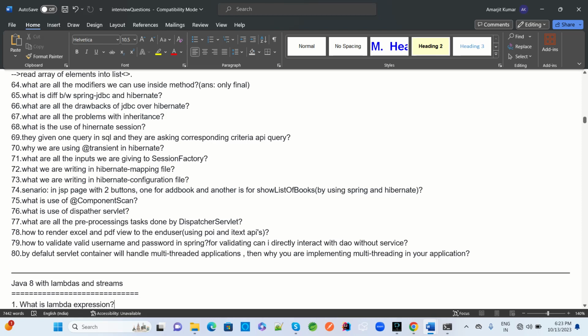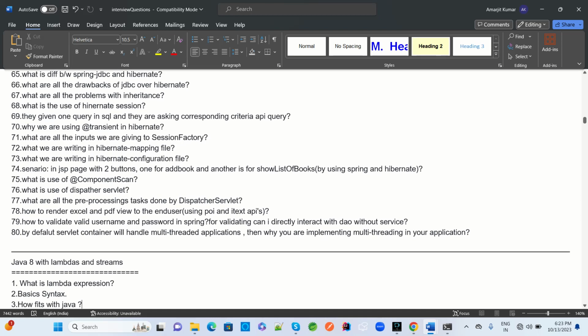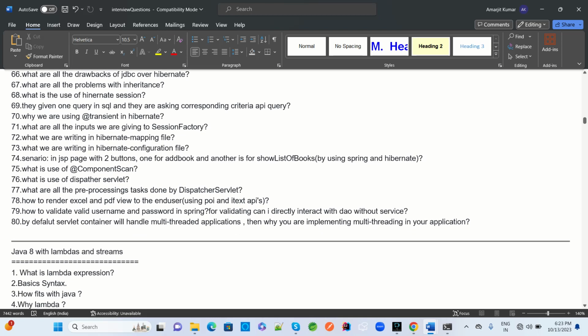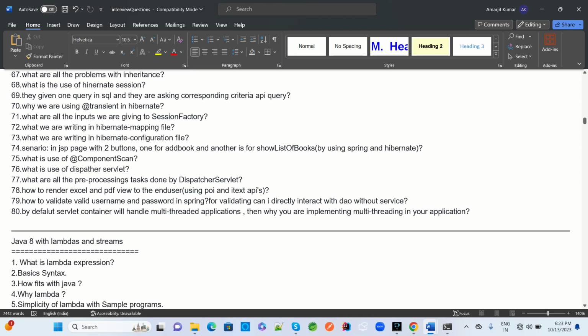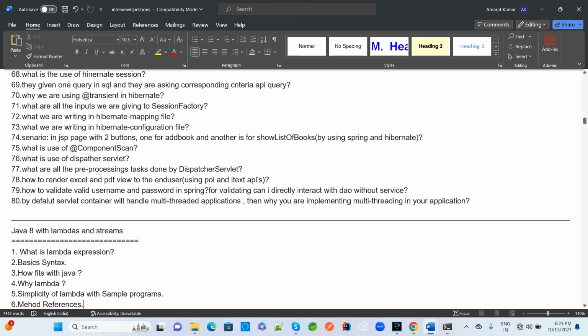What is the difference between Spring JDBC and Hibernate, what is the drawback of JDBC over Hibernate, what all are the problems of inheritance, what is hibernation, and then a query in SQL, give one query in SQL and they are asking the corresponding criteria API query, why we are using transient in Hibernate, what all are the inputs we give the session factory, what we are writing in Hibernate mapping file, what we are writing in Hibernate configuration file,